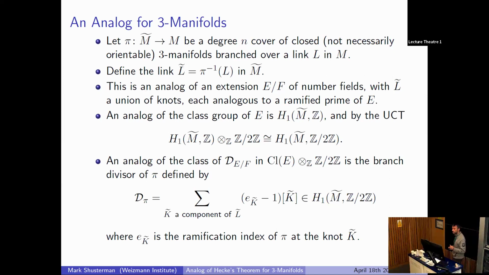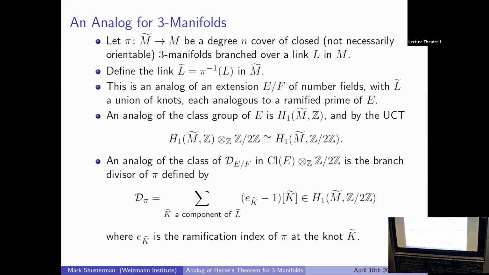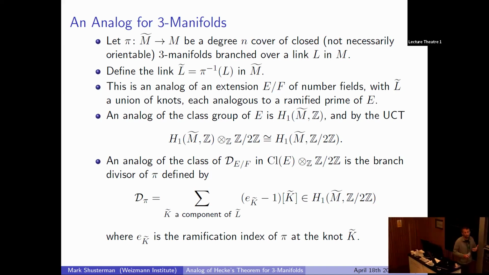We're very lucky that we're able to write it this way, because if we used some other coefficients, for that to make perfect sense we would have to orient the knots inside the link, or orient the link, and that's maybe not desirable, because perhaps there isn't a canonical way to do this. So in some sense, we are lucky that we work with Z mod 2Z coefficients.